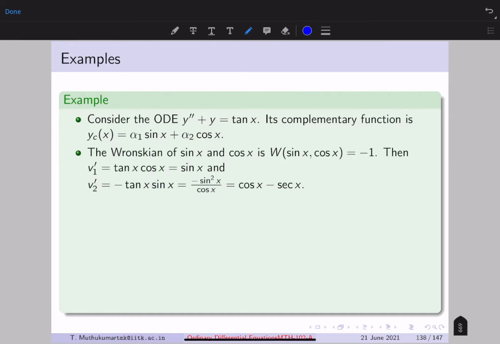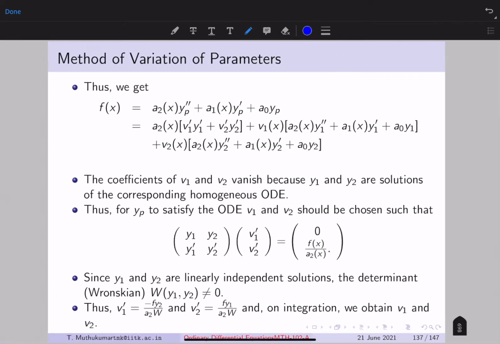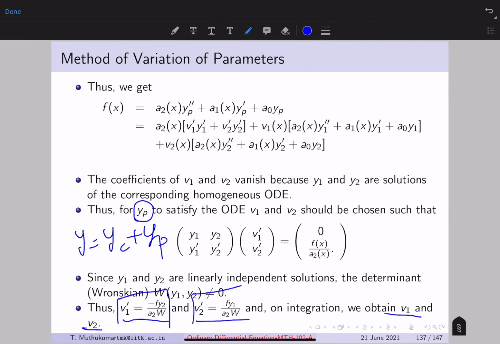So now we want to find v1 and v2 so that we can write down the yp. We said yp should be v1 sin x plus v2 cos x. Both v1 and v2 are functions of x. And what is the formula for v1 and v2? We have already derived it in the previous slide. So v1 prime and v2 prime are solutions of the matrix equation. So we had a formula for v1 prime and v2 prime, which is precisely minus f y2 over a2 W. We just use this formula,